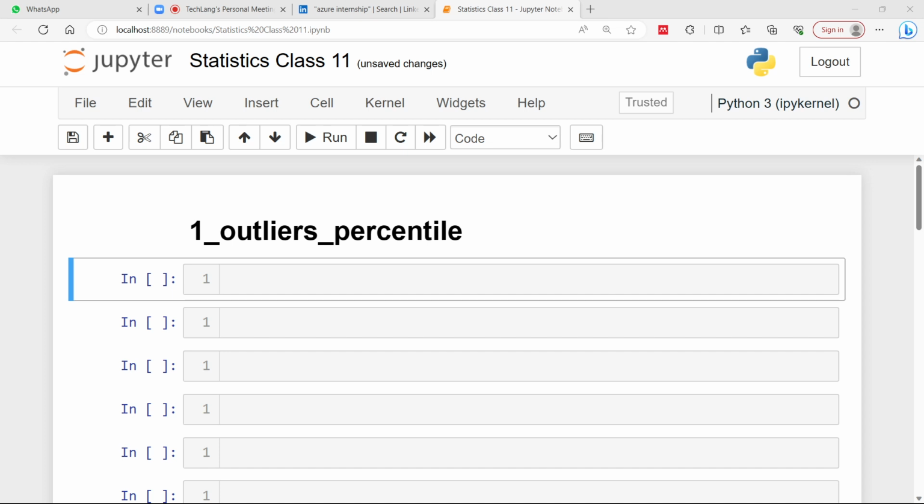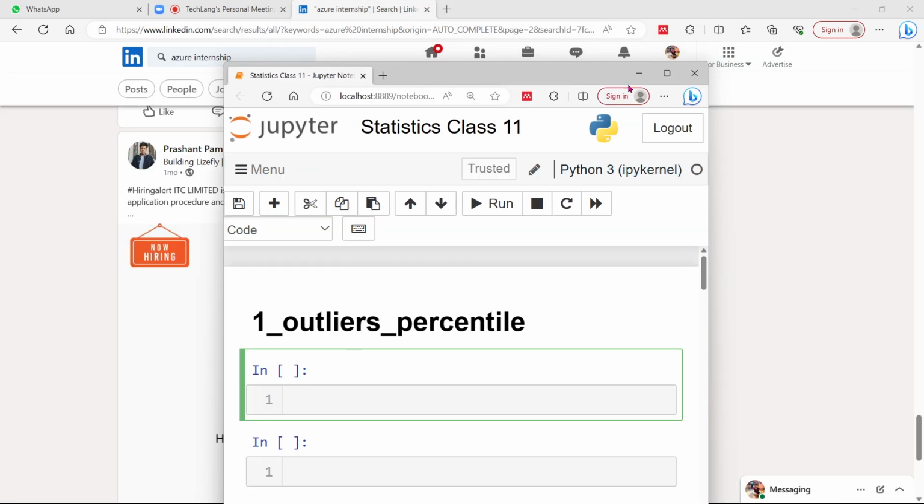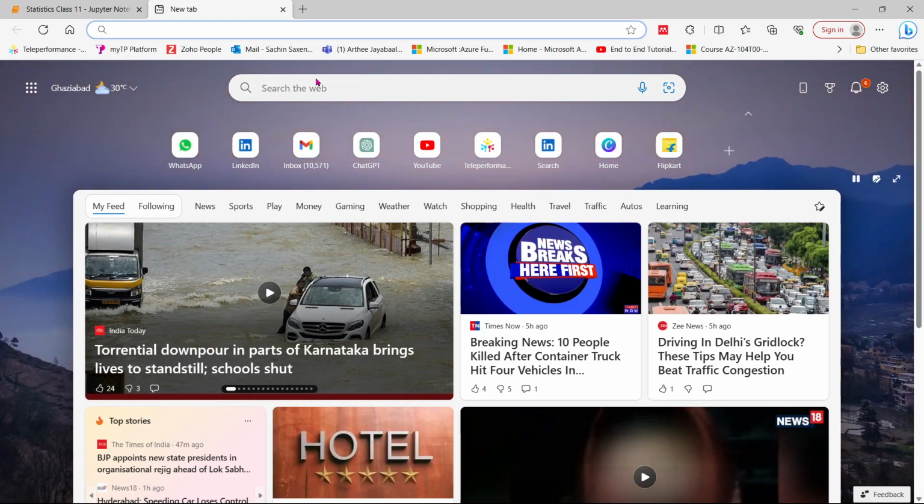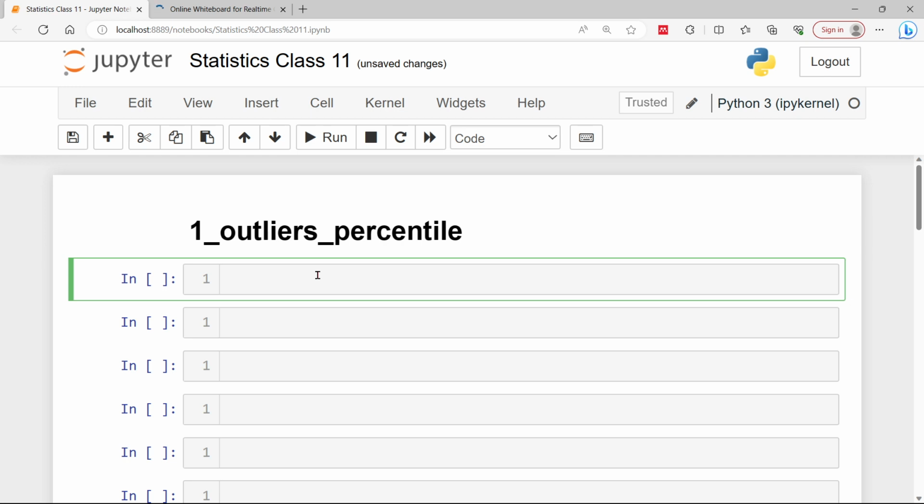Okay, so let's start with the outlier percentile in the statistic part. Here we have so many statistic functions, right? But very few are available for finding the outliers, right? So let me first define what the outlier is and what kind of operations we can perform there, right? But before that, let me import my pandas basic library as pd, and we are going